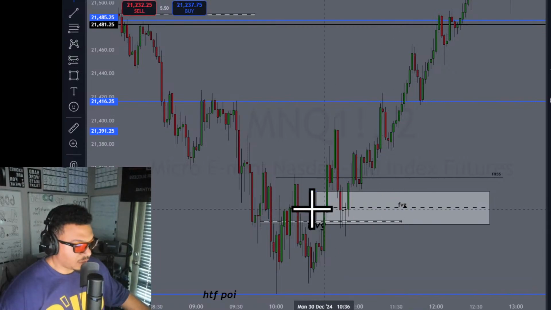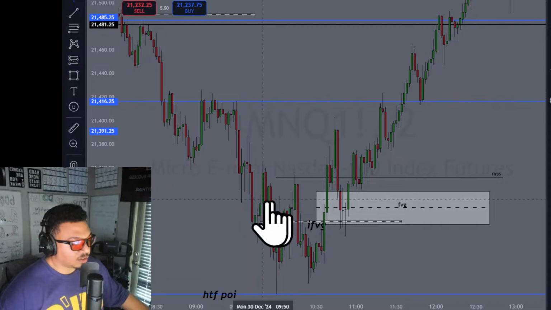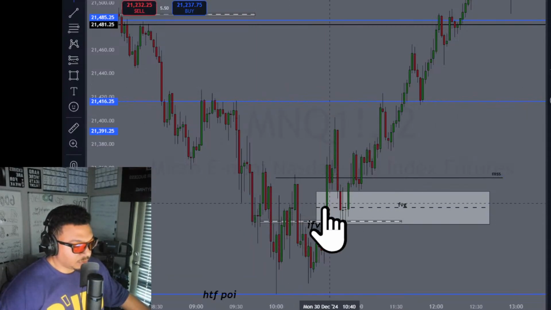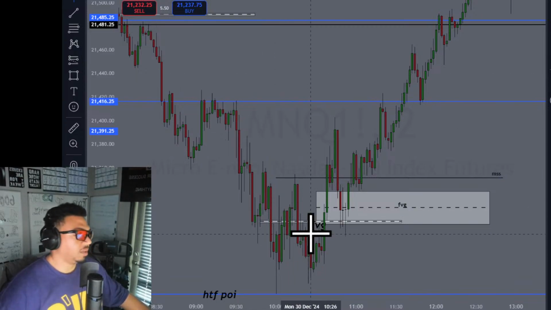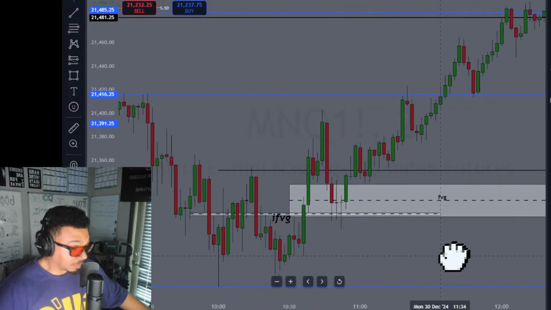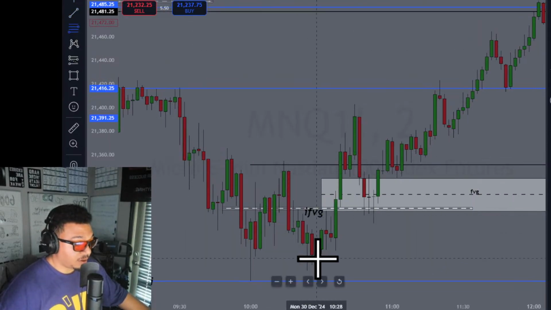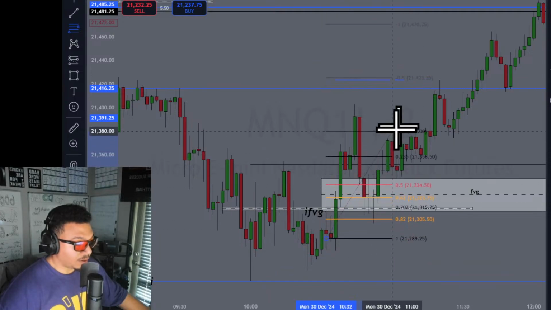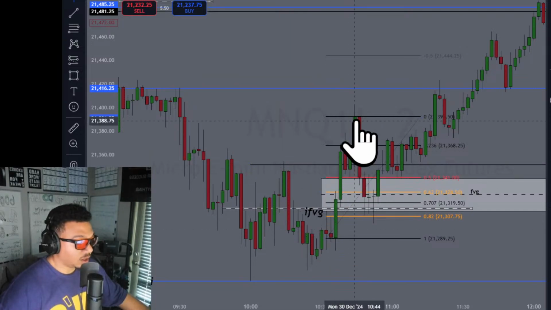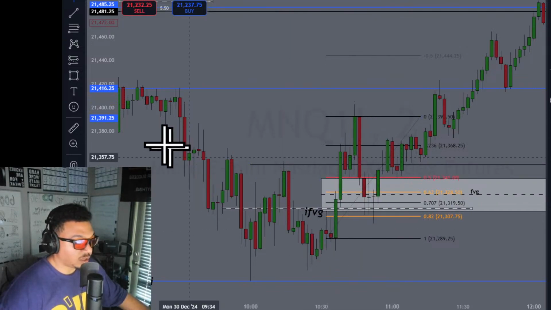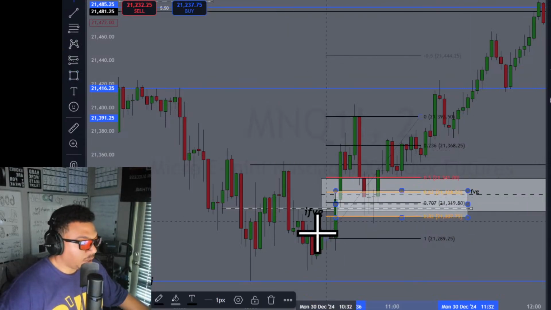So when you have a fair value gap aligned with a breaker block, which is an order block that gets mitigated, taken out, that's a higher level concept. It's going to be hard to teach a beginner that one. But the long and short of it is: use a fair value gap, take out that Fibonacci, mark up a relevant area that created the market structure shift in price. This area was market structure shifted. You put the fib here, price comes back to that OTE level. That's in alignment with the fair value gap. It really doesn't get easier than that.